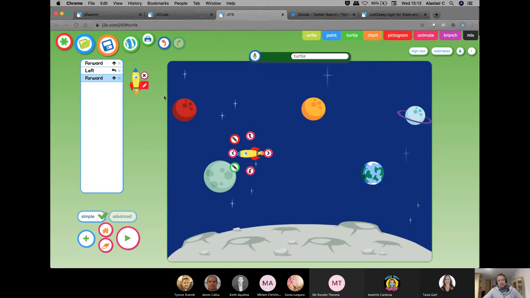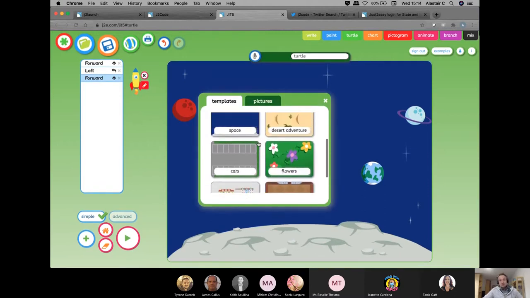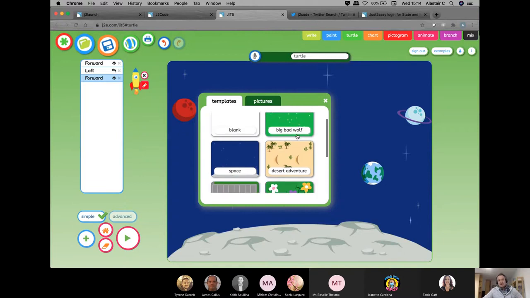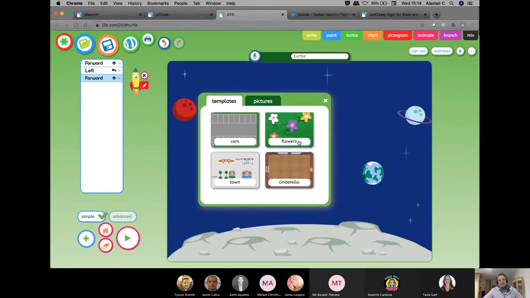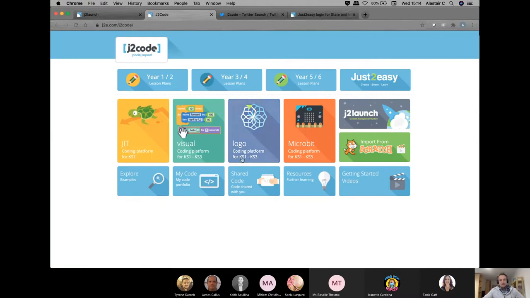And there are a variety of different flavors of doing this with all of the different templates that we provide, such as a car park, a desert, the story of the 3 little pigs, the story of Cinderella, and lots of other things as well. So here we go. We've got a town center, for example, as an example of how you can have a template in the background. Doesn't need to stop there. I'll show you in a minute how you can add more backgrounds and different ways that you can practice building an algorithm. So that is JIT 5.